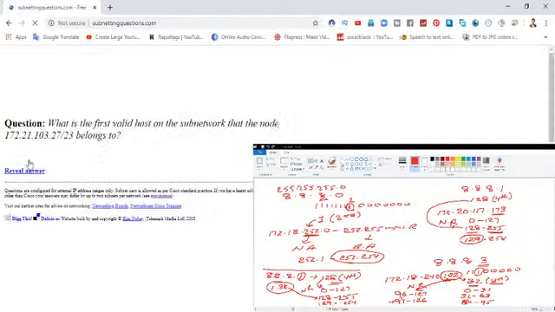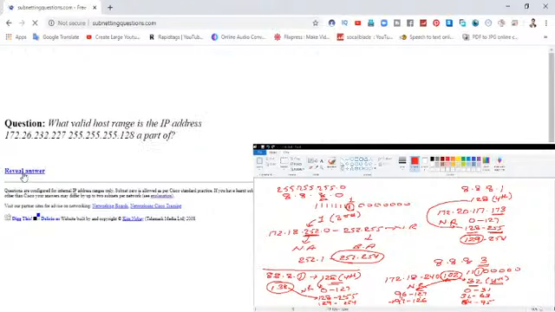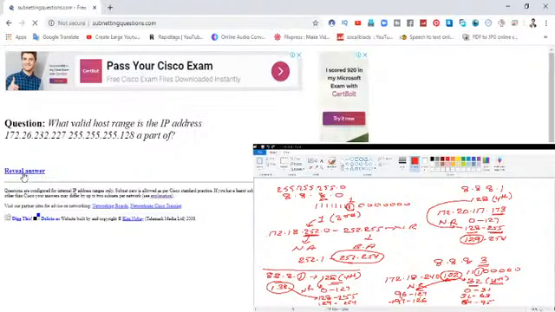Now, second last question. What is the first valid host on the subnetwork? The answer would be 172.21.102.1, 102.1. Let us check the answer. 102.1. Next question, the last question of today's session is,